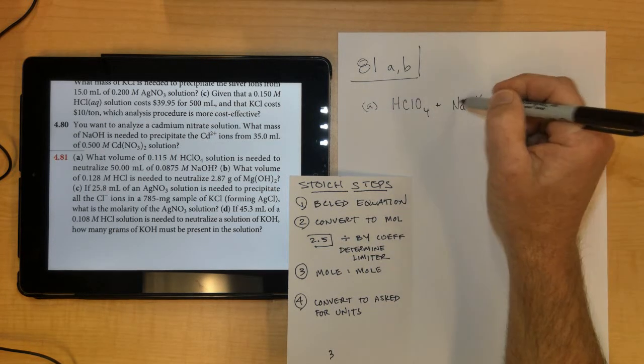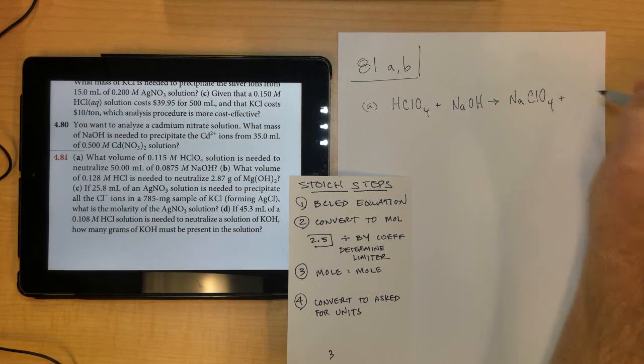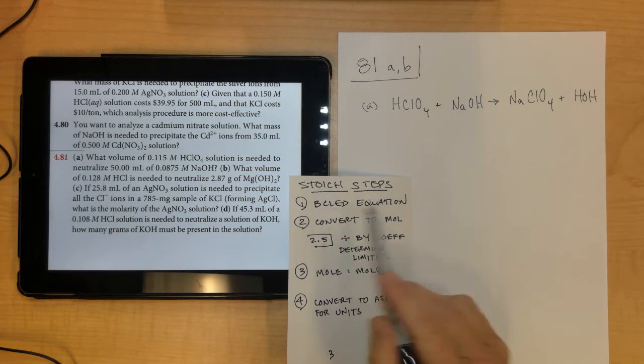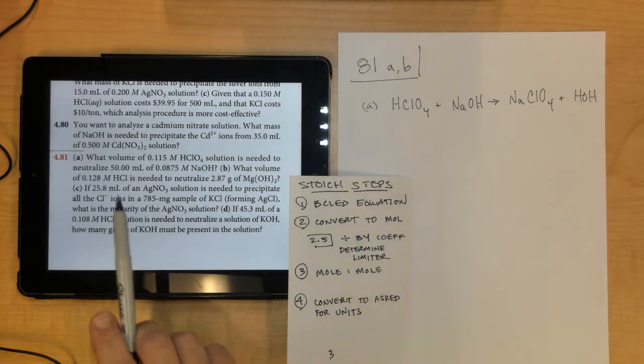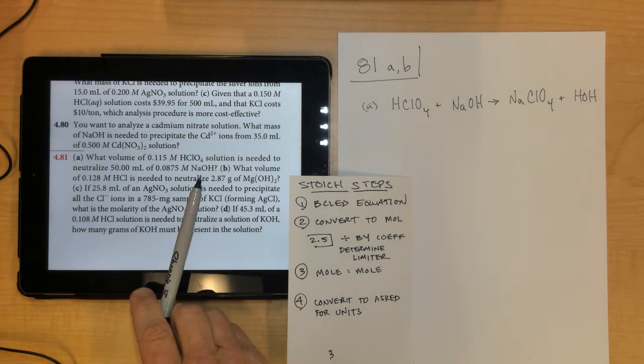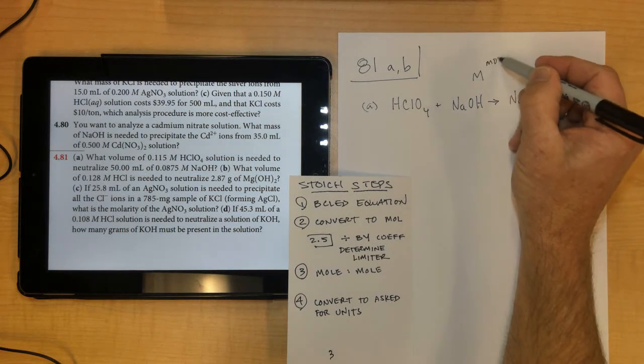The H and the Na will swap positions, and we get some NaClO4, and then we get some HOH, and it's nicely balanced for us already. So step number 1's done. Step number 2, when in doubt, convert to moles. They give us 2 pieces of information about NaOH. So take those 2 pieces of information, and knowing the molarity triangle,